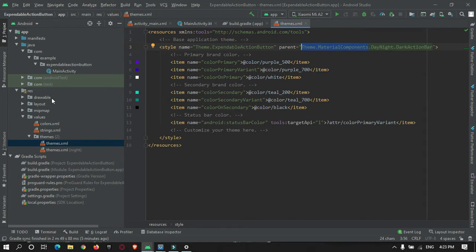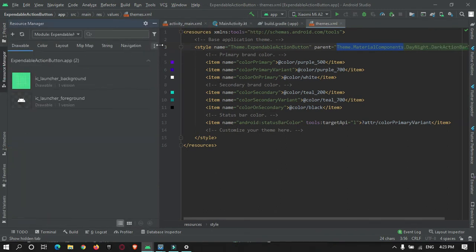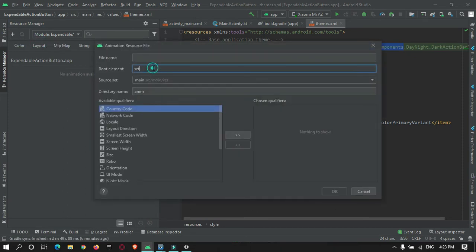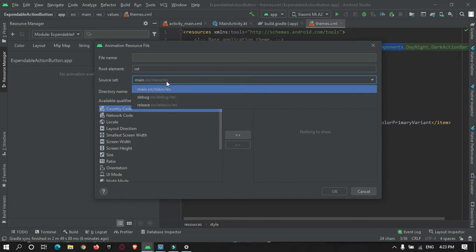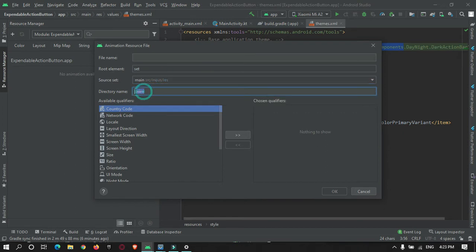Okay, so now let's create the animation files. For that, go to Resource Manager. Here in the drop down menu, you can see Animation, add animation resources. We don't have an animation folder, so it will get automatically created when you create the animation files.